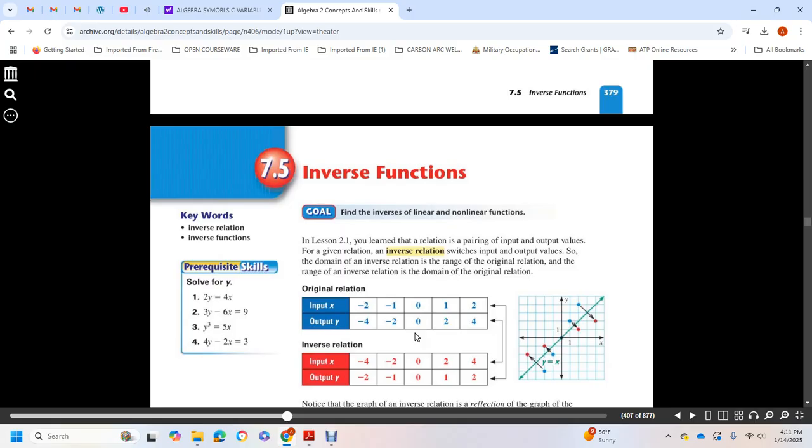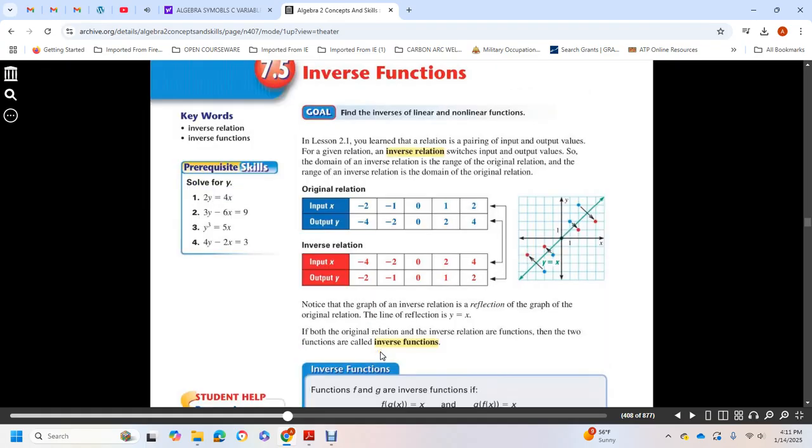and the range of the inverse relation is the domain of the original relation. So the original inputs negative 2, negative 1, 0, 1, 2 have now become the outputs of y, and the original outputs of y, negative 4, negative 2, 0, 2, 4, have become the inputs of x. The graph of the inverse relation is a reflection of the graph of the original relation, and the line of reflection is y equals x. Both the original relation and the inverse relation are functions,